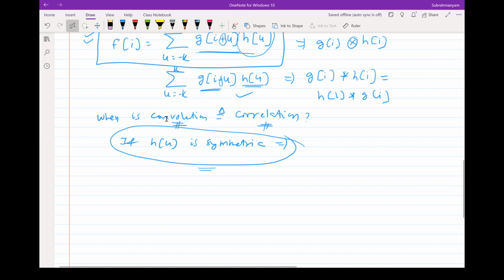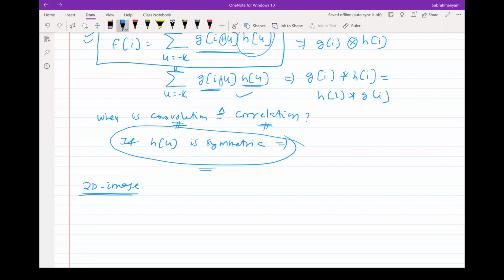Now let me extend writing these expressions to 2D images, because that's what we need. Given that earlier in your DSP course we were just restricting ourselves to 1D, now let's write this expression in 2D. As you will realize, this is not at all a difficult task to do.